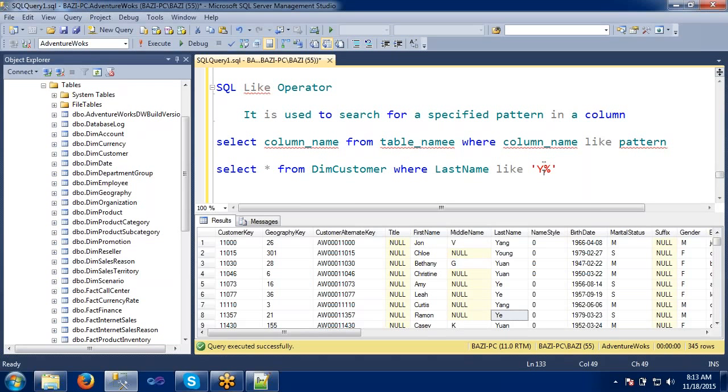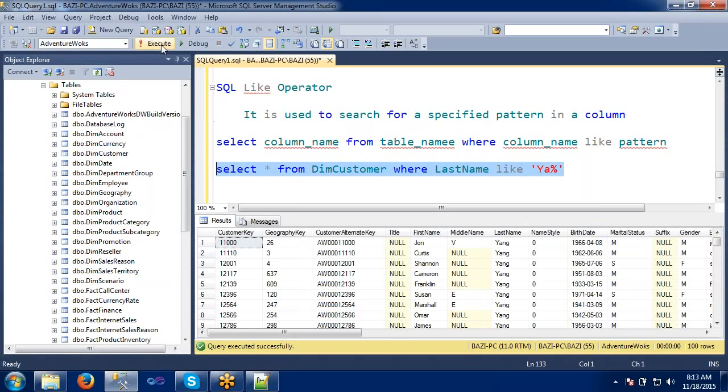I just know the Y. Now I will filter with A, so YA. I just want the last names starting with YA. So I have 100 records which start with YAN. This is how the like operator is used.